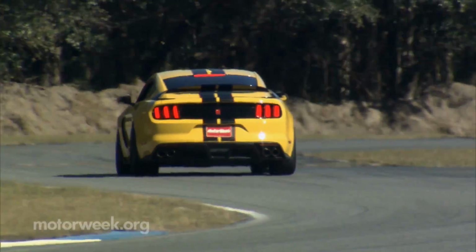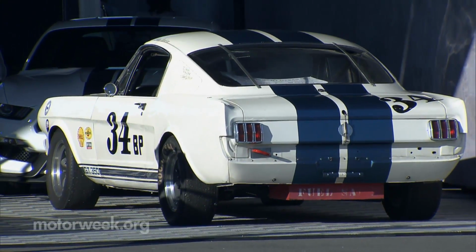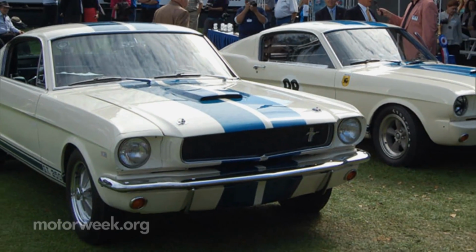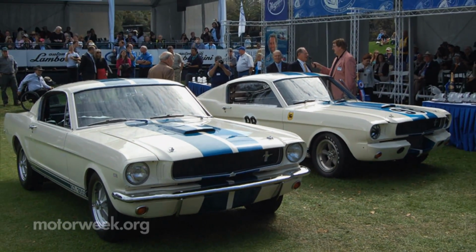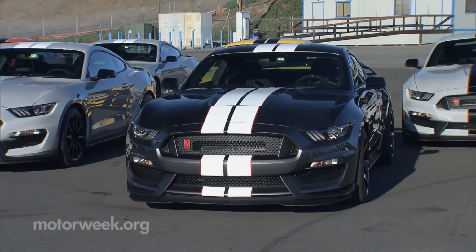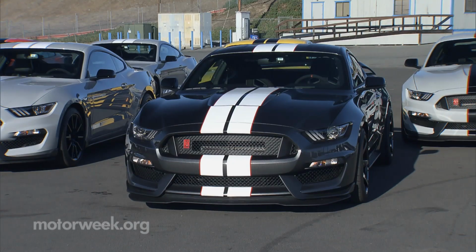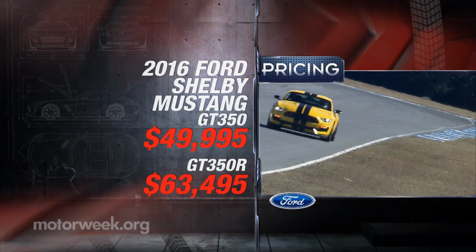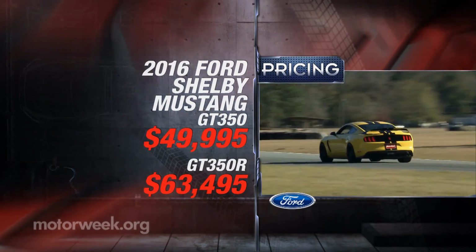The unfortunate aspect of this GT350R is that unlike the original '65 competition models that were purchased specifically to hit the track for SCCA racing, most of these new ones will end up sitting in rich dudes' garages. Way too bad. Not that you need to be a hedge fund manager to afford one, as they start with a sticker of